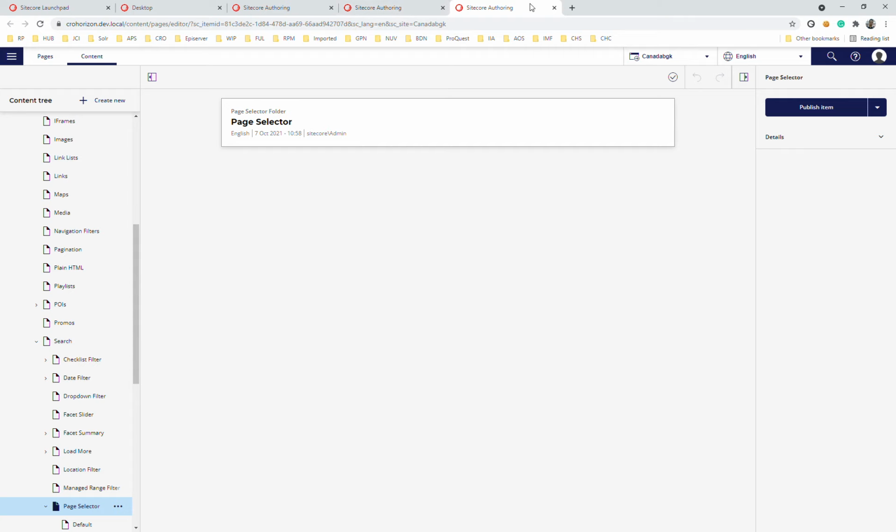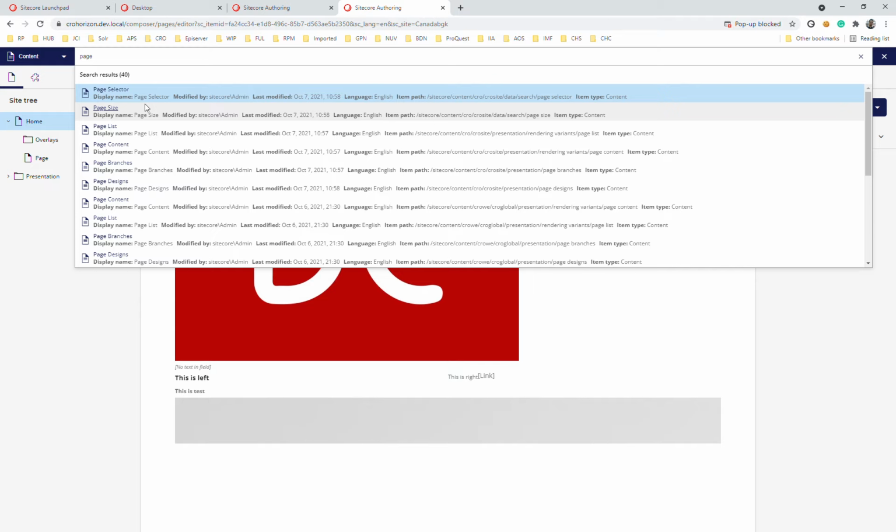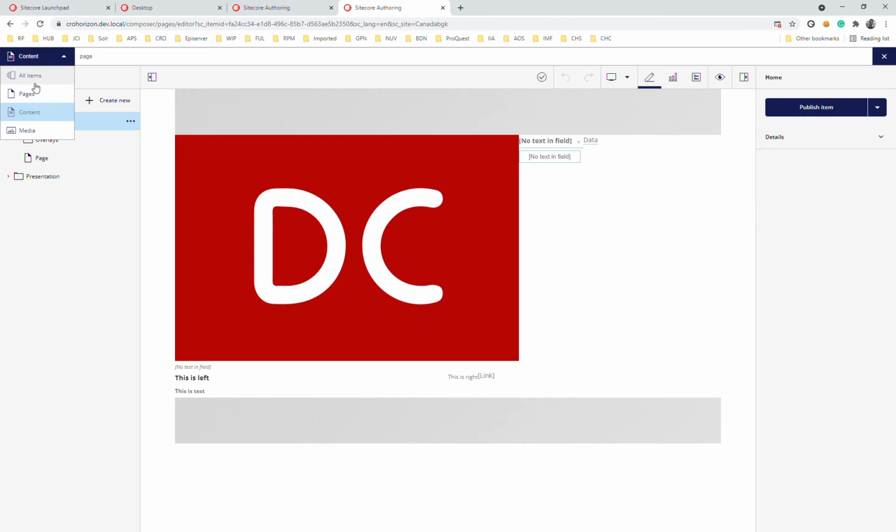It will also show the name, display name, modified by, language, item path, and item type. This way you can search for any kind of item and filter it from this drop down. So this is the first feature that Horizon 10.1 contains.